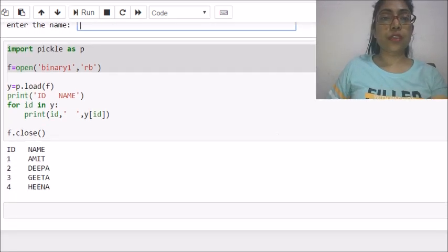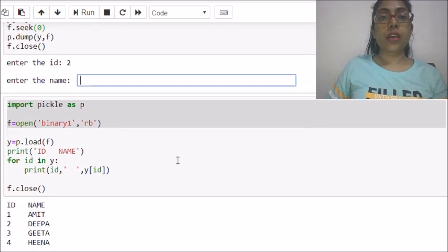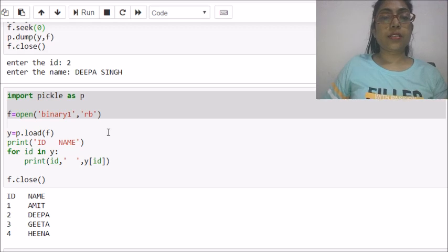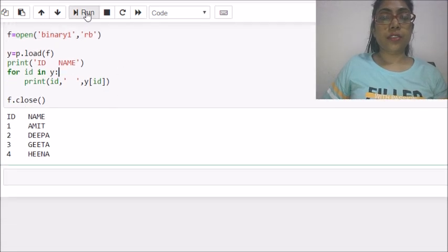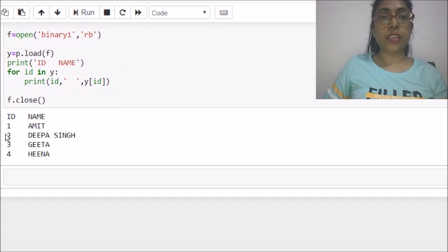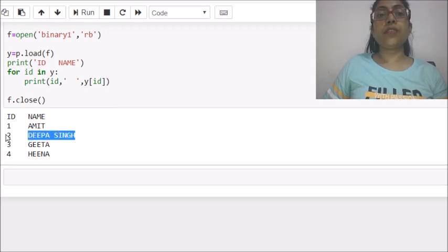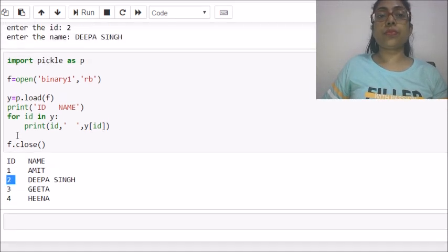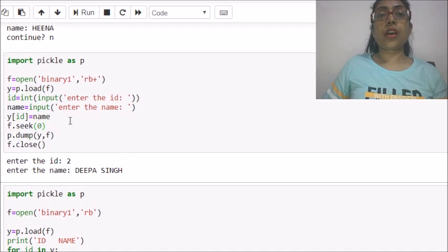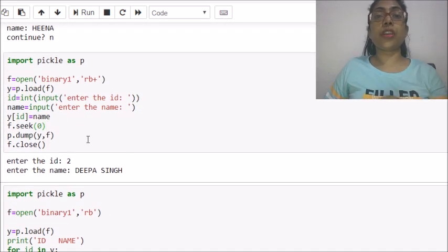The original value was Deepa. I want to write Deepa Singh. Okay. Now let's run the reading portion. You can see the name has been modified, Deepa Singh, for the ID 2. So this is how you can update your data in the file.